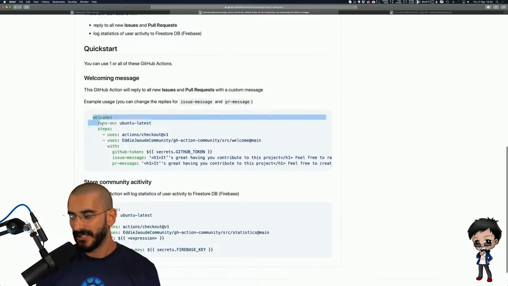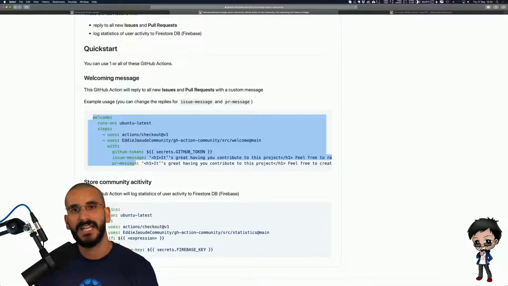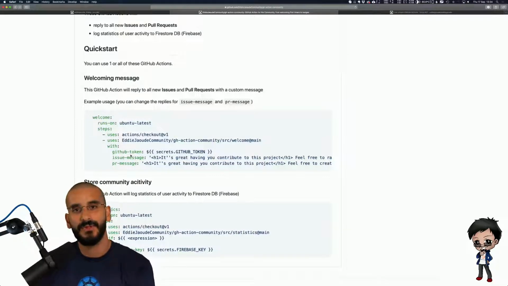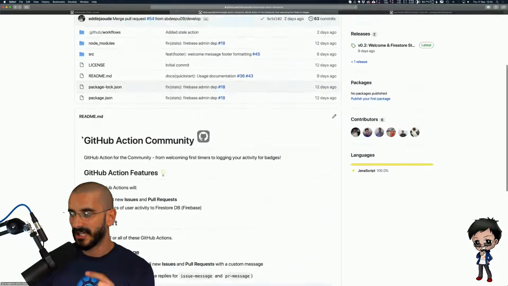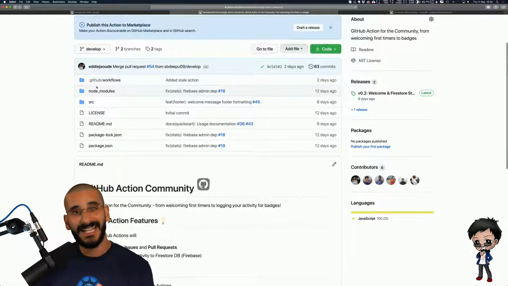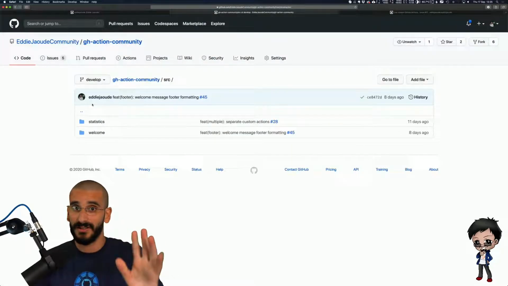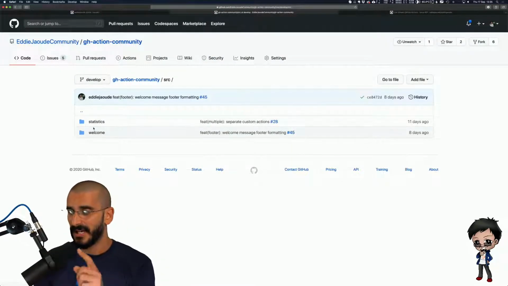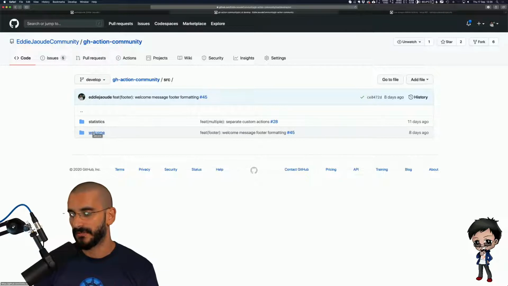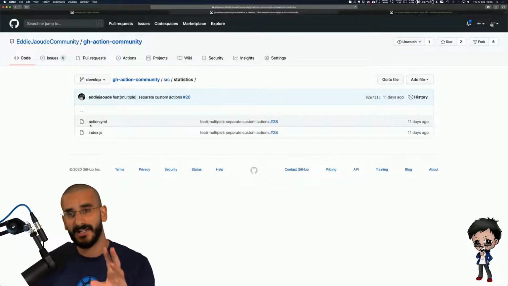To use it is really straightforward. If you see any action in the GitHub Marketplace, which is free to use, they have almost 5,000 actions that you can just use with a few lines of YAML. And by using one, you don't get to enter the hackathon by DevTo, but you need to write a custom one. And it's actually not that scary to write one. All you need is two files. That's not bad. Ignore the two folders. I want to show you the difference one, but I want to show you the statistics one. So you need two files to write a custom GitHub action.